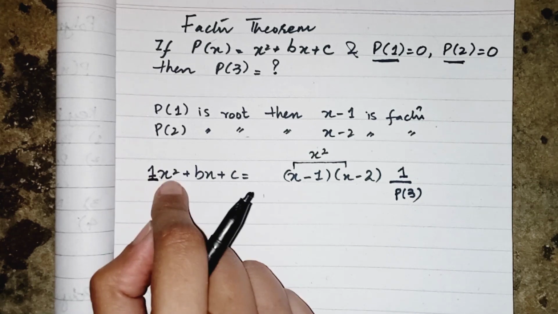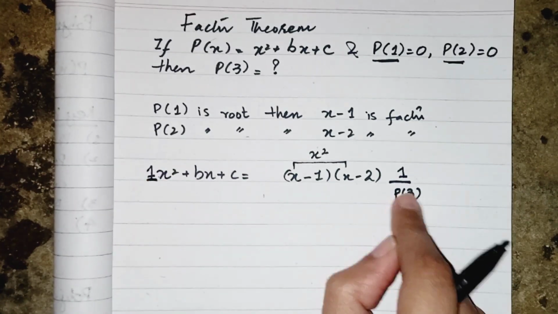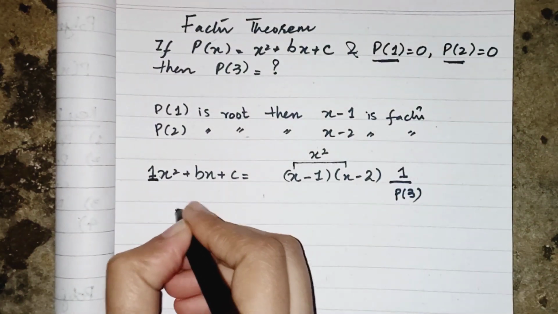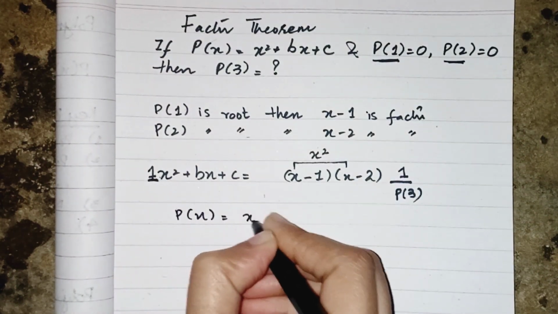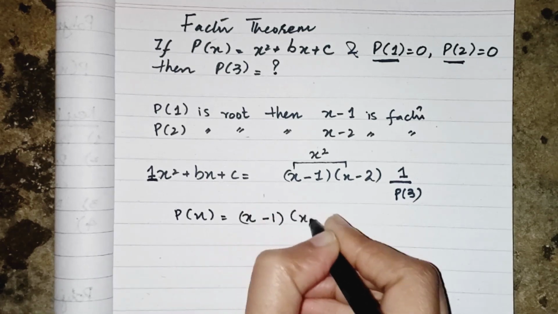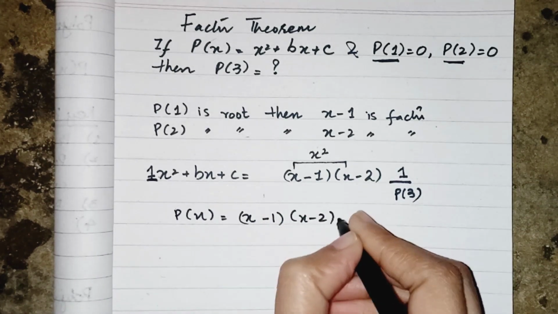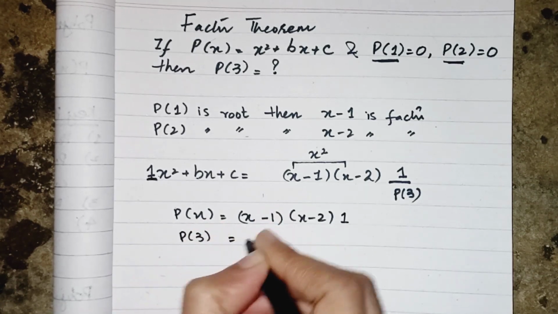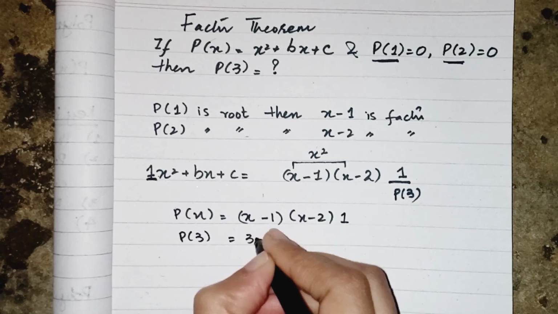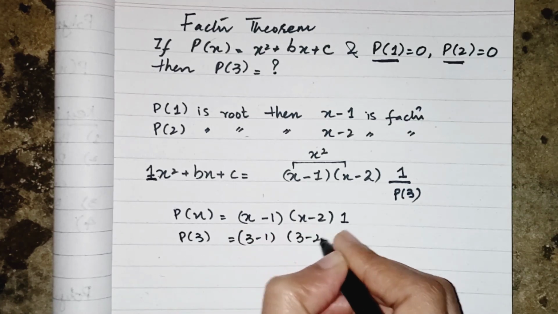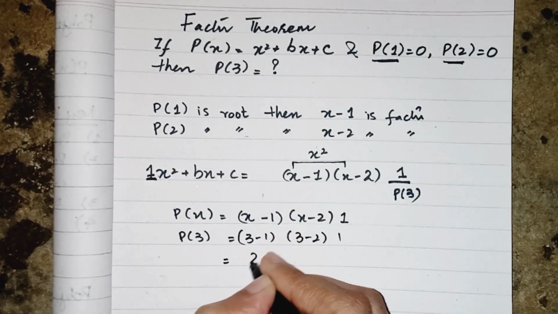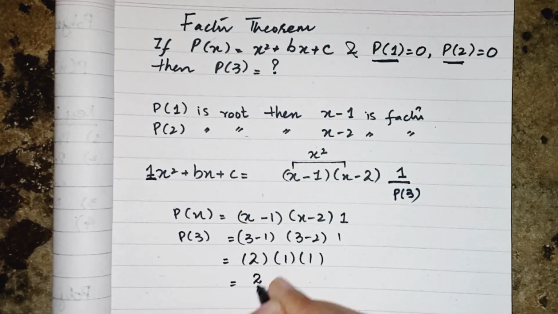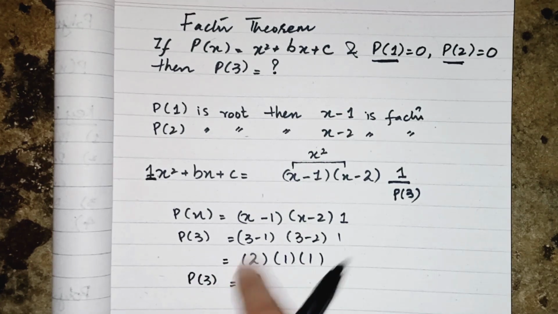So whatever the coefficient of x square, we can write it as p(3). So we can say that p(x) is equal to (x minus 1)(x minus 2) and 1. So in place of x we will write 3, so we get (3 minus 1)(3 minus 2) multiplied by 1, and so it will be equal to 3, which was asked in